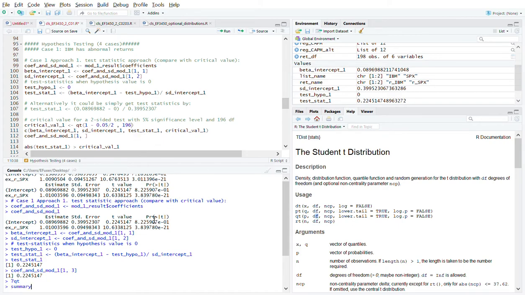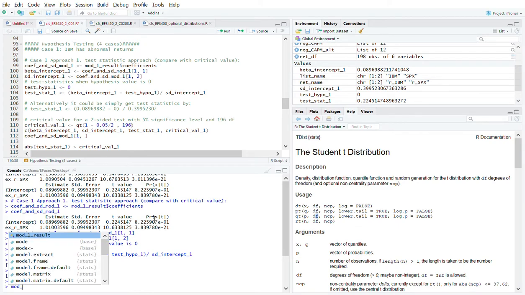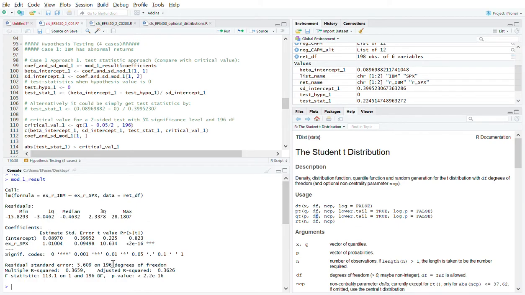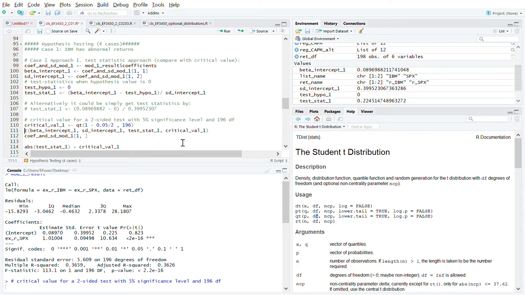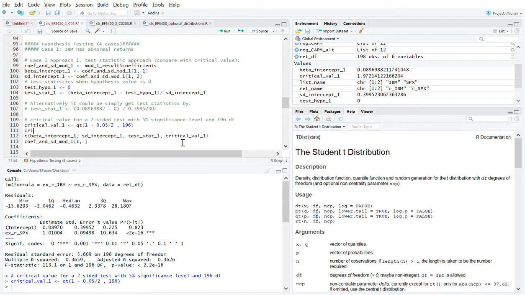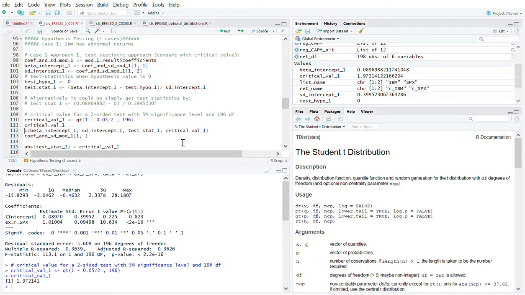Sorry, I have to check again. Is the degree of freedom 196 degrees? So we provide the probability as the first argument, which is 97.5% in the two-tailed test, and 196 degrees as the degree of freedom, and we compute the critical value, which is no surprise because it is quite popular,